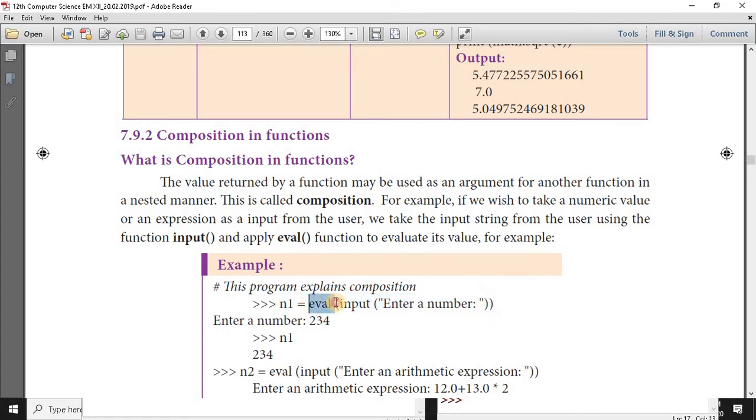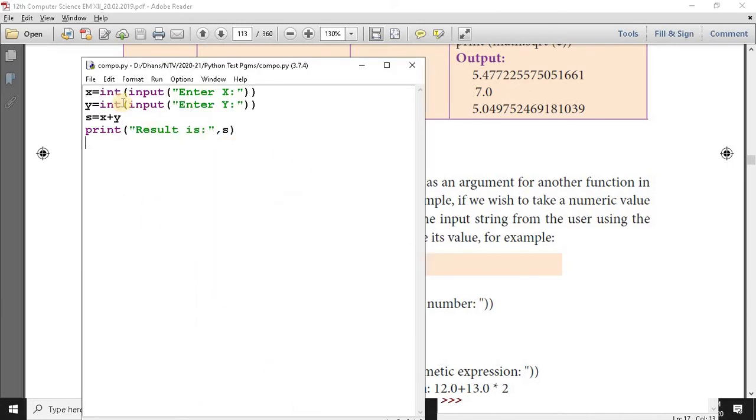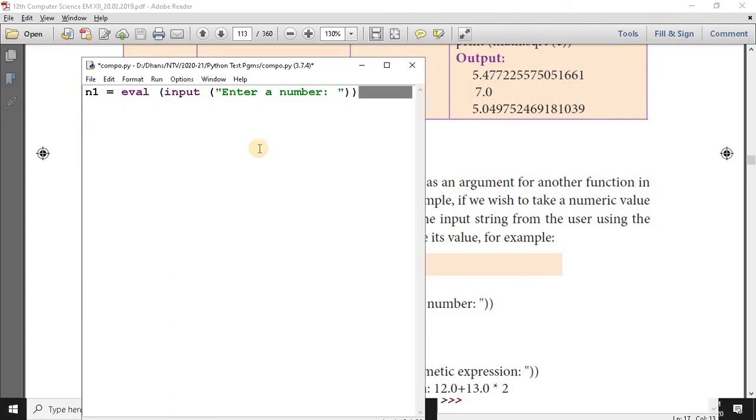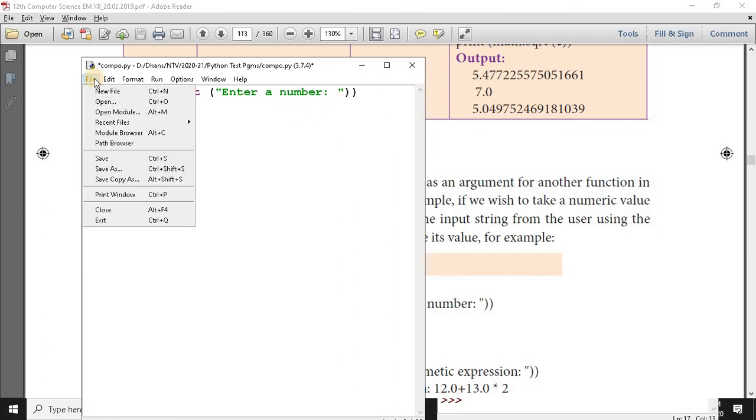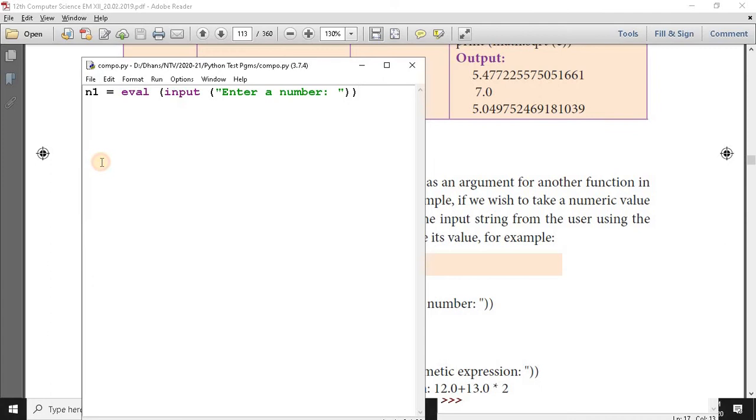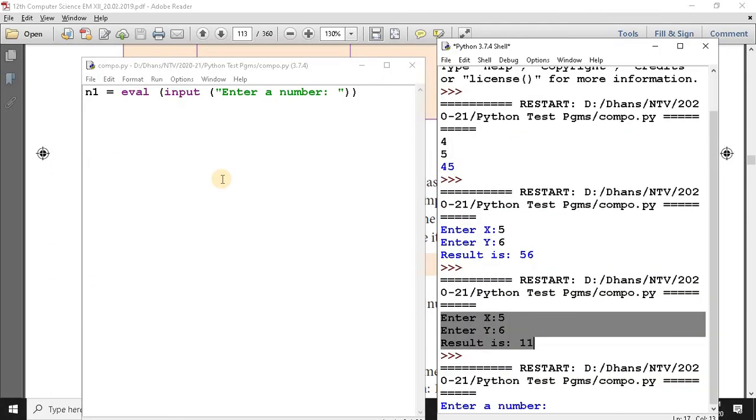Here the eval function is the outer function, and input is the inner function. So this is called composition in functions. The input function is the nested function of the eval function. So the input function's result is an argument of the eval function. To execute this, enter a number 2 3 4 5,